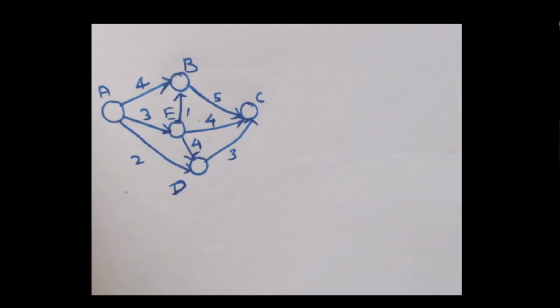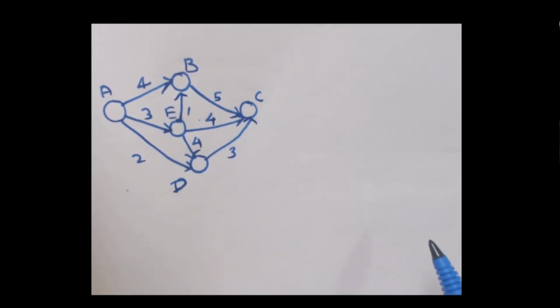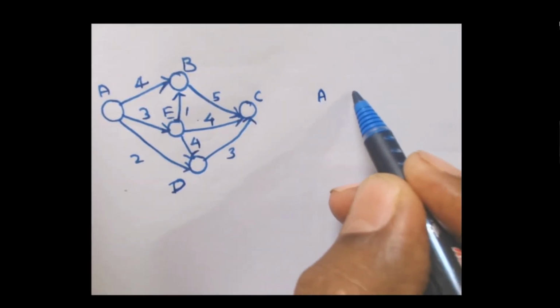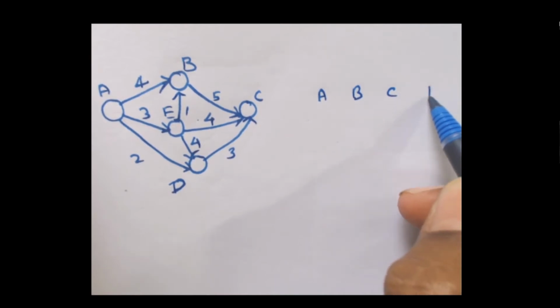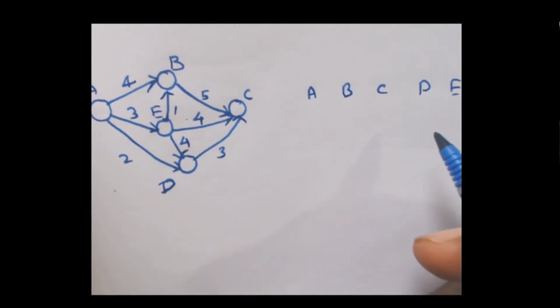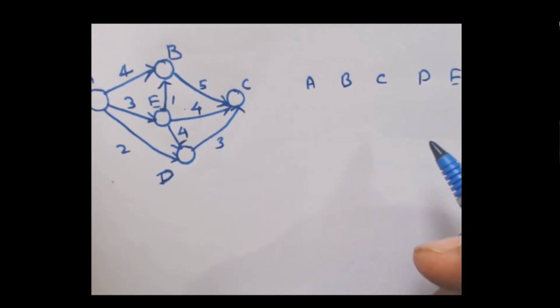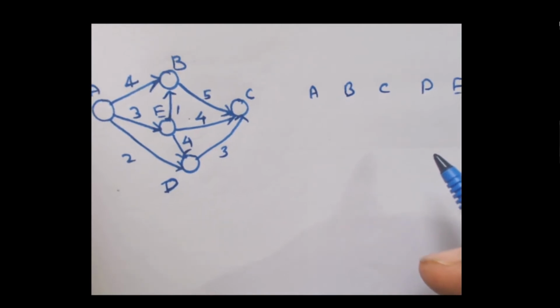So to solve this problem, we have to define the starting vertex. That's a single source from which the minimum spanning tree calculation will start. So we'll define here A will be the starting source of this MST. So for this we have to write the vertices A, B, C, D and E. So these vertices are defined here for calculating the single source path, and for that we have to start with